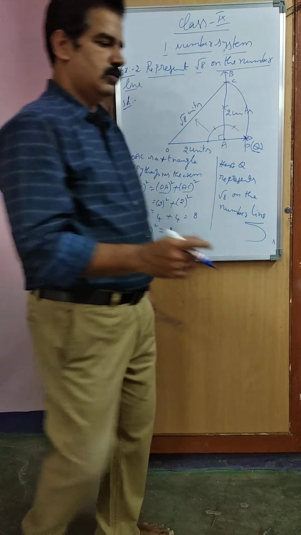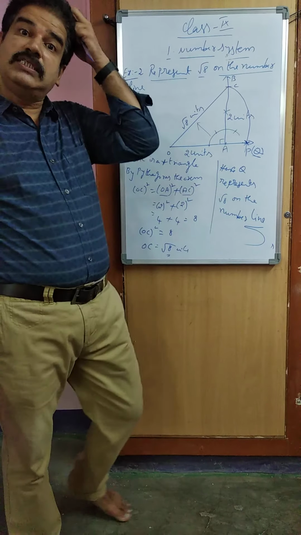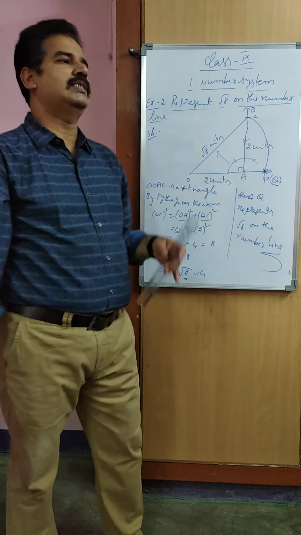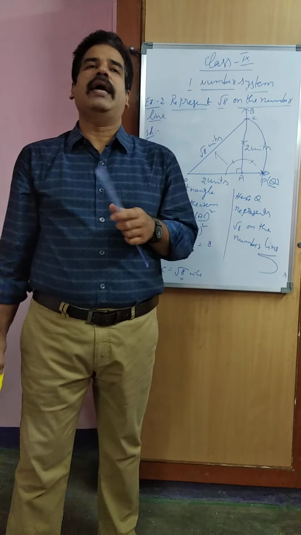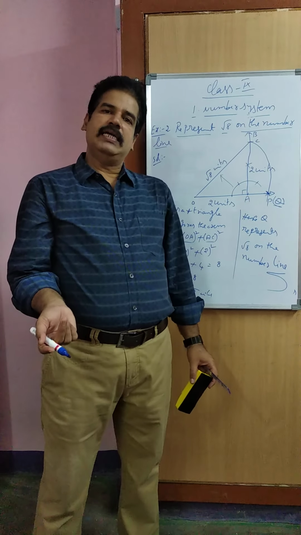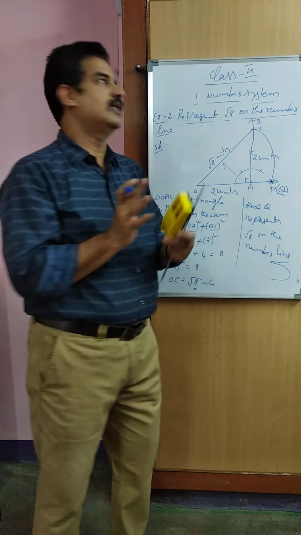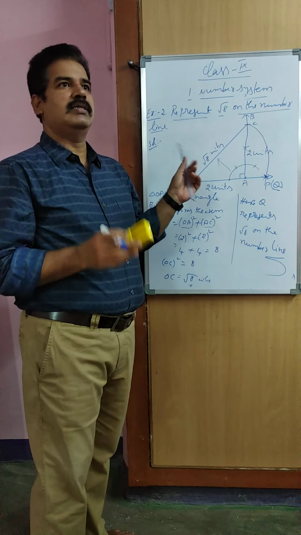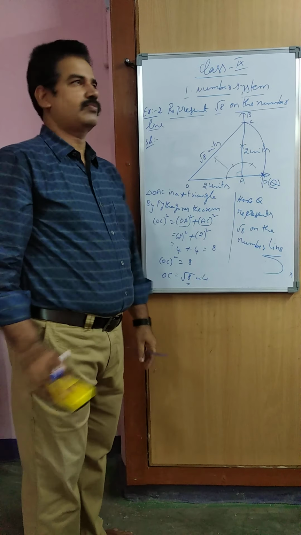Now we are entering into another concept, that is how we can visualize decimal numbers, terminating decimals and non-terminating repeating decimals, on the number line. Visualize and magnify the terminating decimals and non-terminating repeating decimals on the number line. That we are going to learn now. Understand this one? Representation of root 5 and root 8 on the number line.